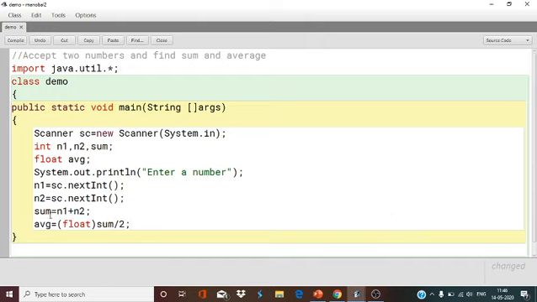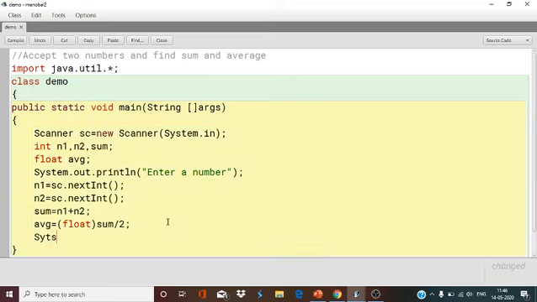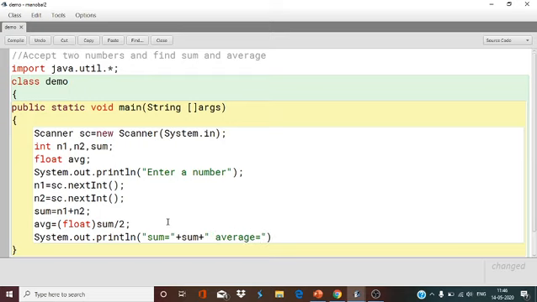Because sum is an integer and you are storing it in average, so you need to convert it. System.out.println("sum equals " + sum), and "average equals " + average.